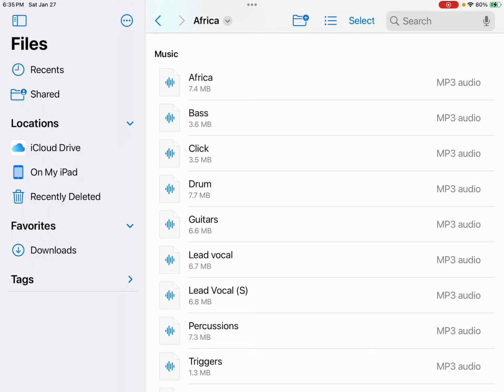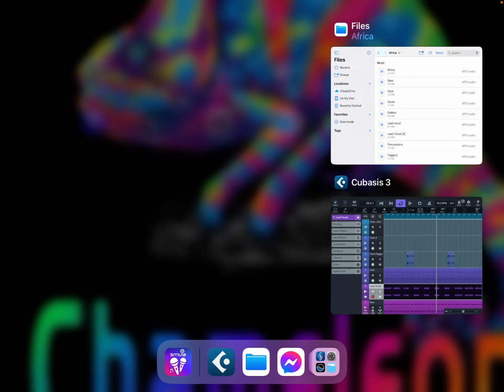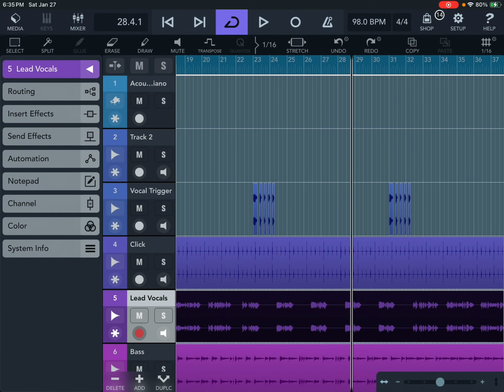So these are the outputs here, and what I'm going to do is open up a different song, obviously. It'll be the last song which I did, which was, let's see what it was. It was called